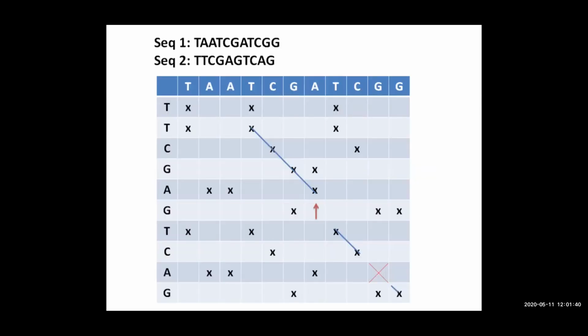Now in this method, it is a graphical method like the previous one as I showed, but here we do not give any score to matches, mismatches, and insertion deletion as such. It is not based on a scoring matrix, but it is only based on graphical arrangement of the two nucleotide sequences, one in the x-axis and the other in the y-axis. Then we compare the sequences and we look for the matches.